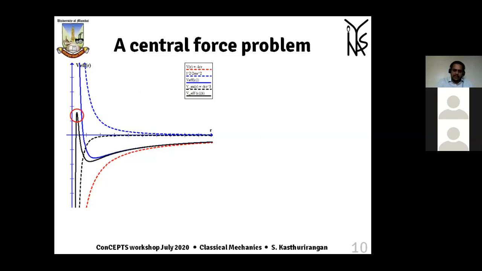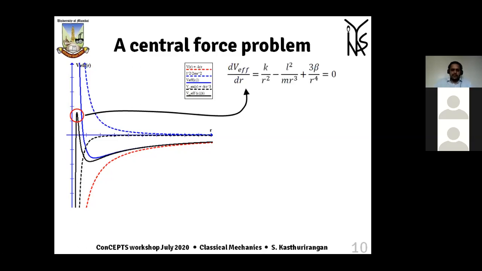So whenever there is a bump, the first thing you do is try to find the derivative, because you want to identify whether that particular point can be a maximum or not. In the diagram, it is a maximum, but mathematically, what is the condition for that is what we want to find. So first step is take the derivative of this effective potential and put it equal to 0.